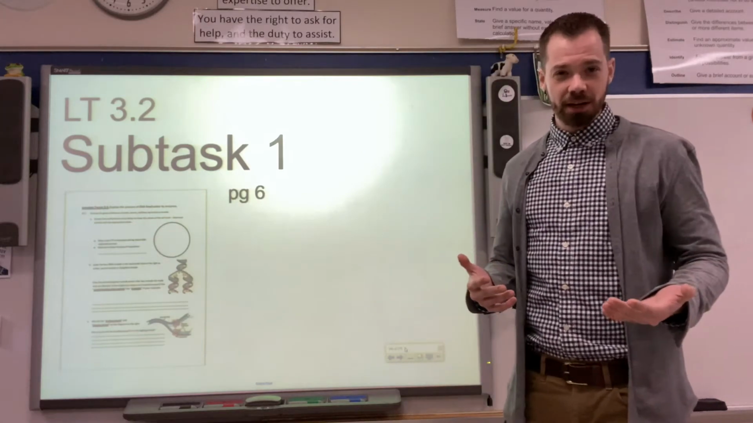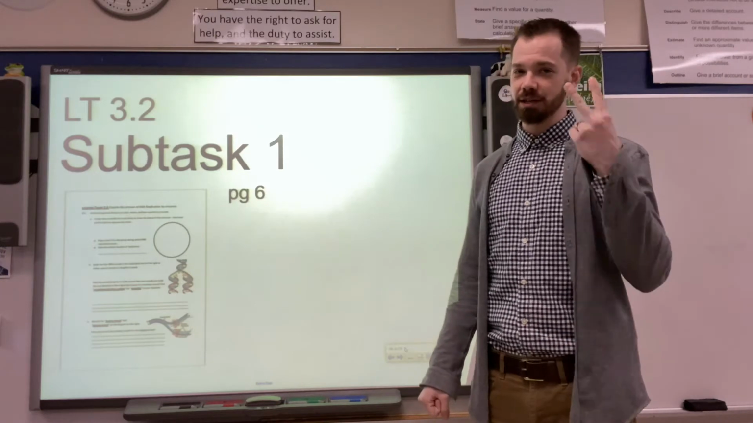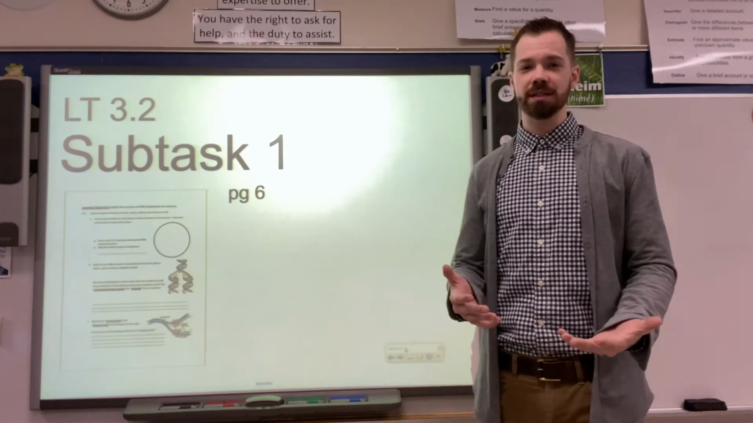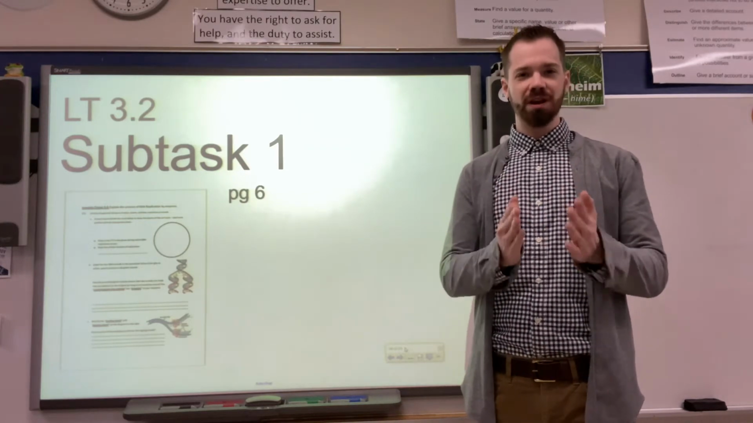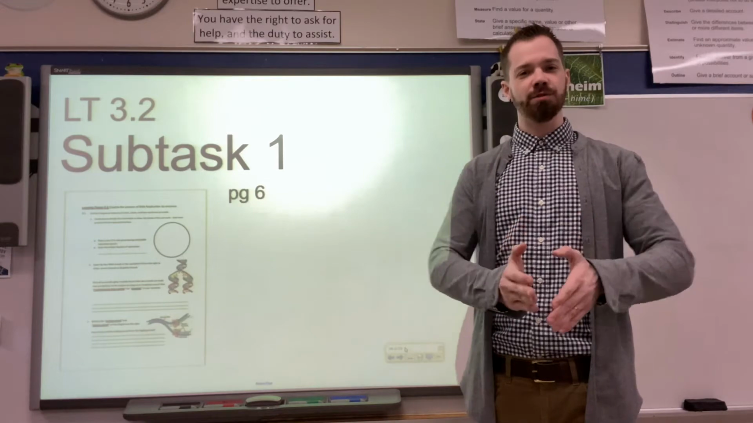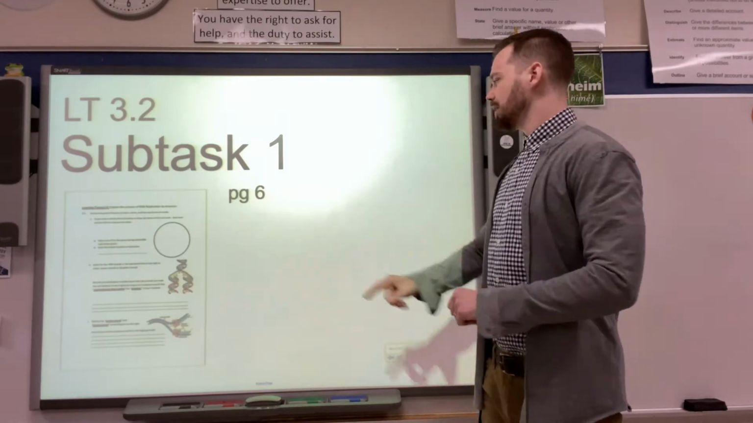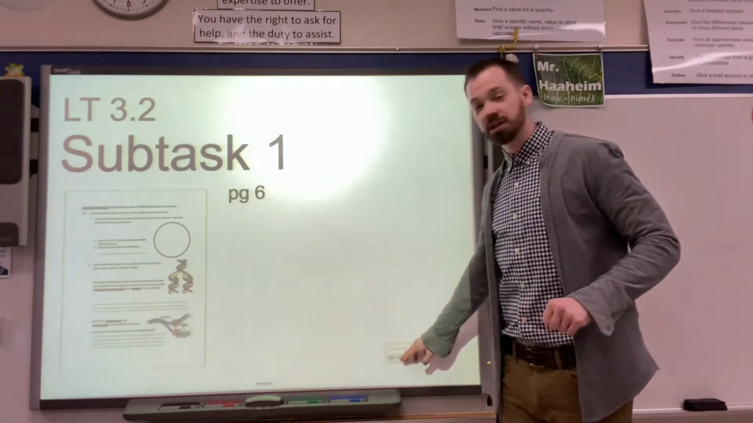Next thing that we're going to be taking a look at here, folks, is the first part of learning target 3.2. This is the second learning target in this unit, and this one really focuses on DNA replication, or taking one strand of DNA and using it to create two identical strands of DNA. This is going to be happening on page 6 of your learning targets, and we're just going to cover subtask